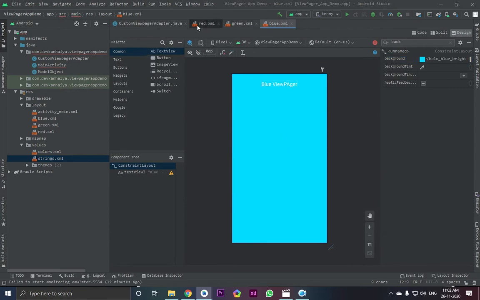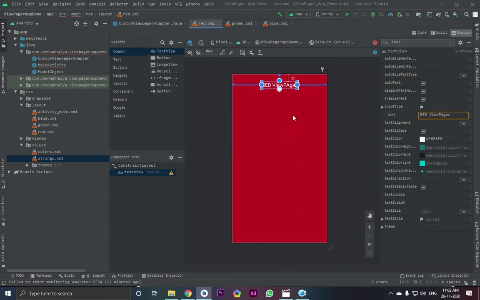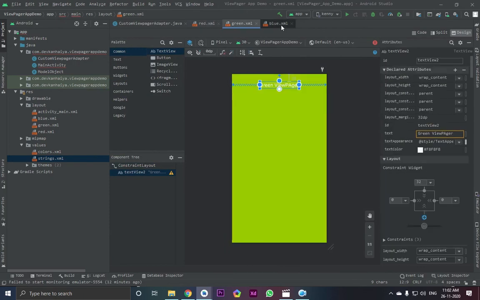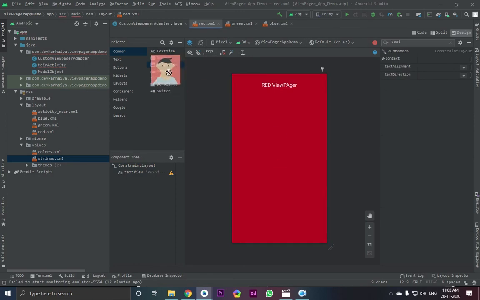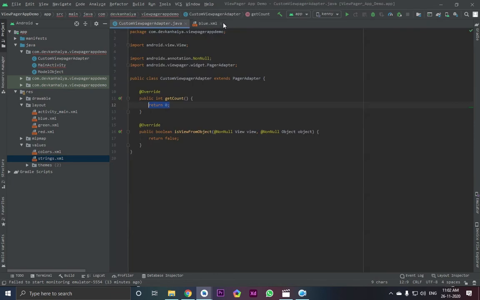If you want to add some stuff, you can write it down here. You can add more text if you want, like an image view or any other things like a recycler view, anything. I will just destroy these files. Let's go to the custom view pager. Now we are going to be building custom.